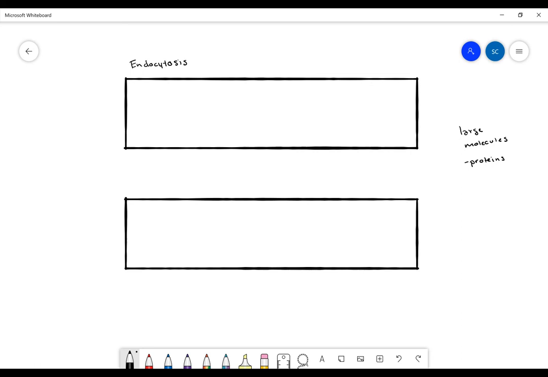Okay, endocytosis. So taking large molecules into the cell, from the extracellular space to the intracellular space, if you remember those fancy terms. Okay. So again, what that looks like, if I draw